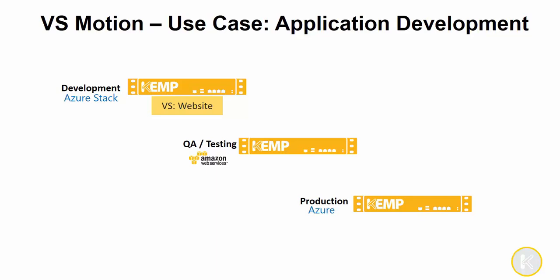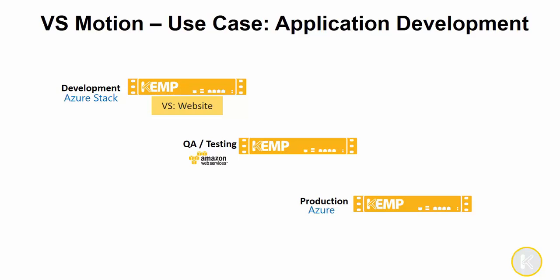On a Kemp LoadMaster, the configuration options required to deliver the application, such as scheduling, persistence, and application health checking, to name a few, are what make up a virtual service. Customers could look at each LoadMaster to confirm that the settings are identical and manually update the virtual services to keep them in sync, but this will often lead to something missed, and therefore possible inconsistencies across the different